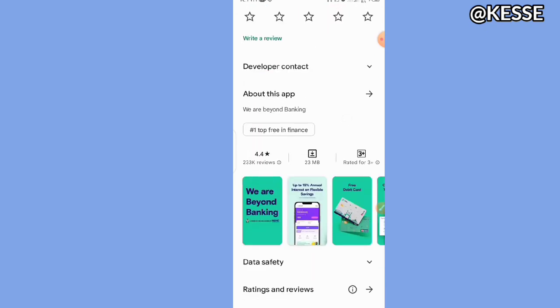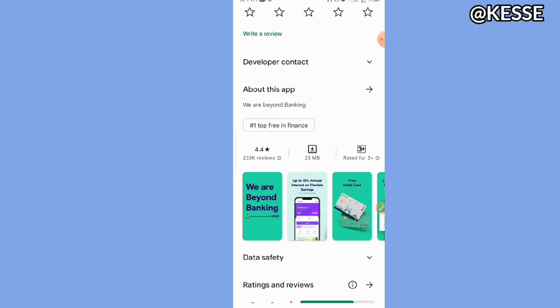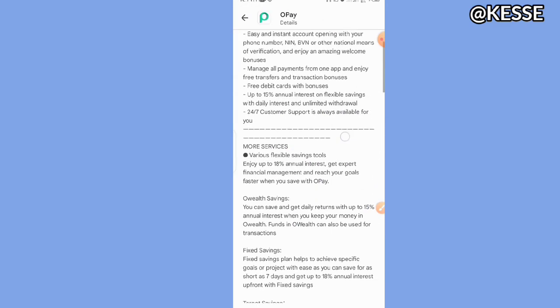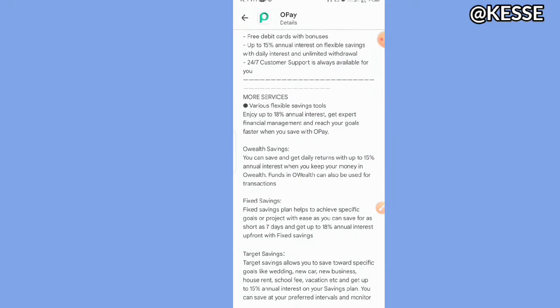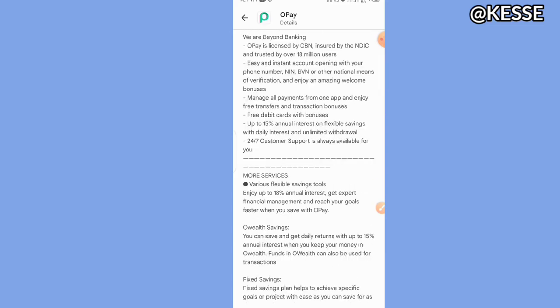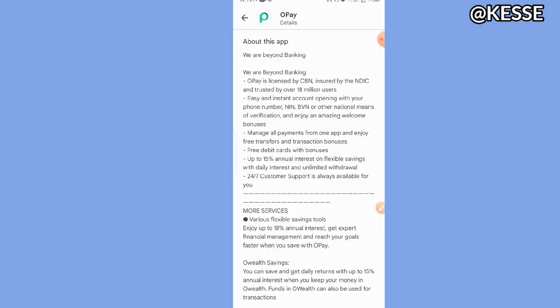OPay, I've been using it for a very long time now. It also gives you the opportunity to have a bank account for yourself. You can also use it to do other transactions you want. OPay gives you the opportunity to make payment to whatever platform you want, and you have the opportunity to make free transfers and transaction bonuses, all for free. OPay gives you the opportunity to create an account for yourself with ease. You don't need much. All you need is your phone